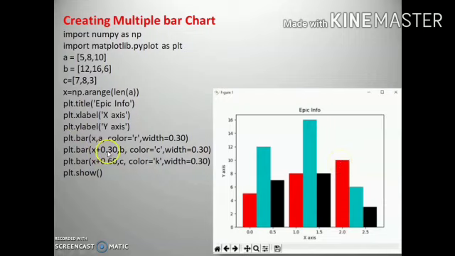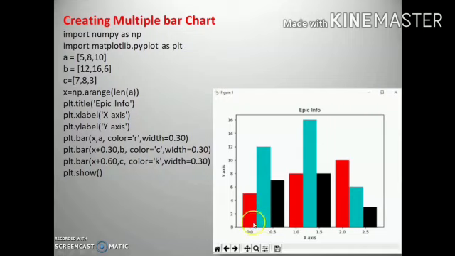For the second bar, I increase the width, or we can say I just double the width, with the same value, and the second bar is displayed with cyan color. So it just doubles the width of x.